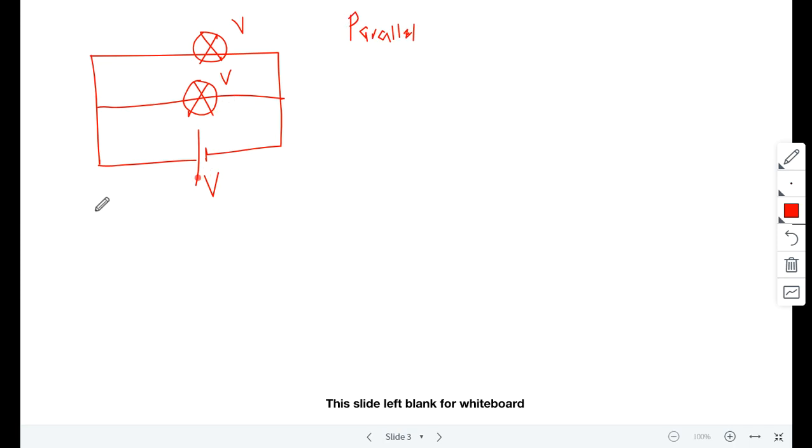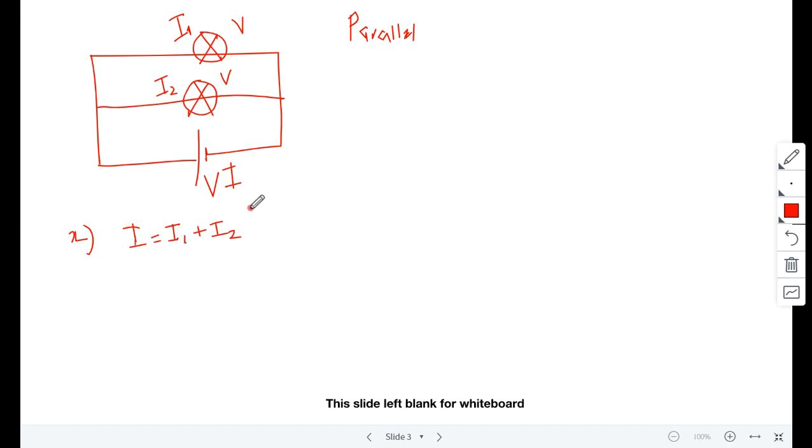Second is the current should be the total of the current through every component. So suppose I1 is the current that is flowing through this component, and I2 is the current flowing through this bulb, and I is the total current. Then I equals I1 plus I2. Okay,